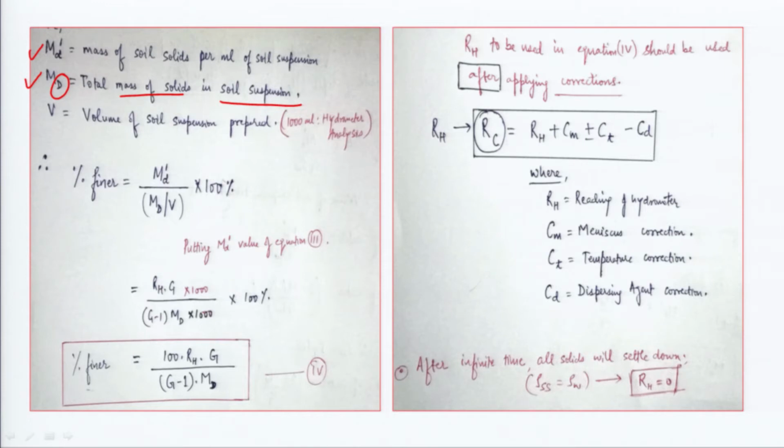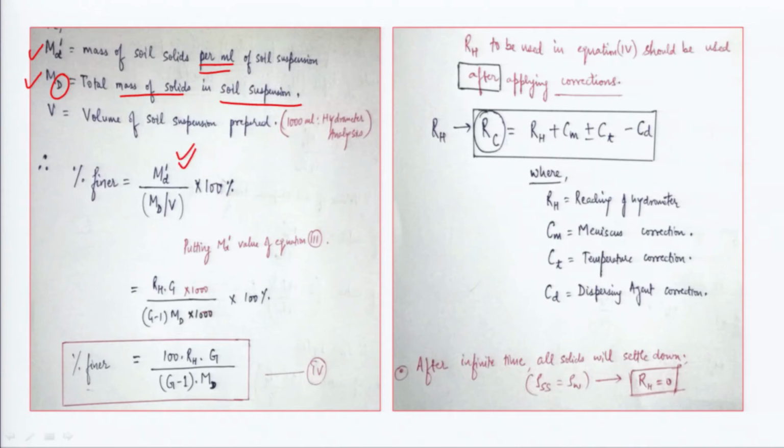What is the total amount of soil solids present in 1 liter of soil suspension? Here we have considered 1 ml only, but here MD is the total mass. So V is the volume of soil suspension prepared. For pipette analysis it is 500 ml, for hydrometer analysis it is 1000 ml. Now the percentage finer will be given by the